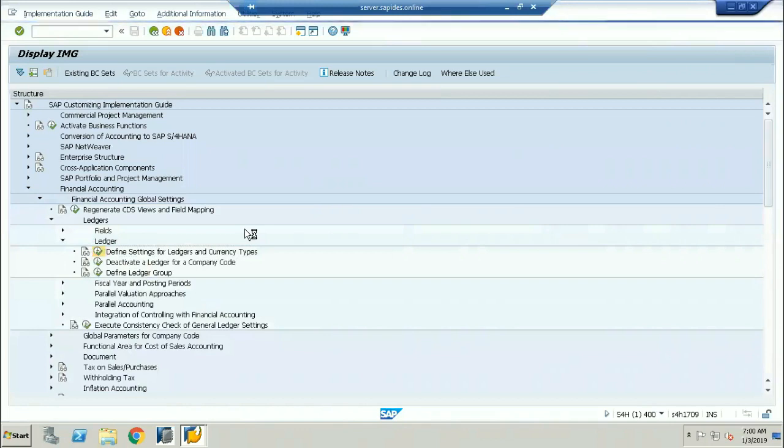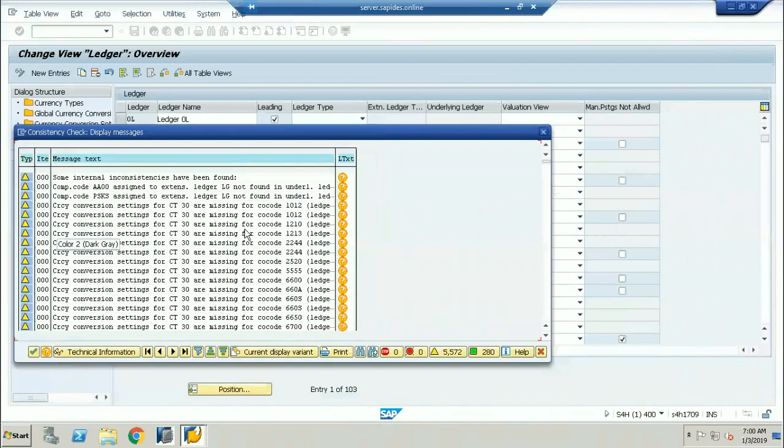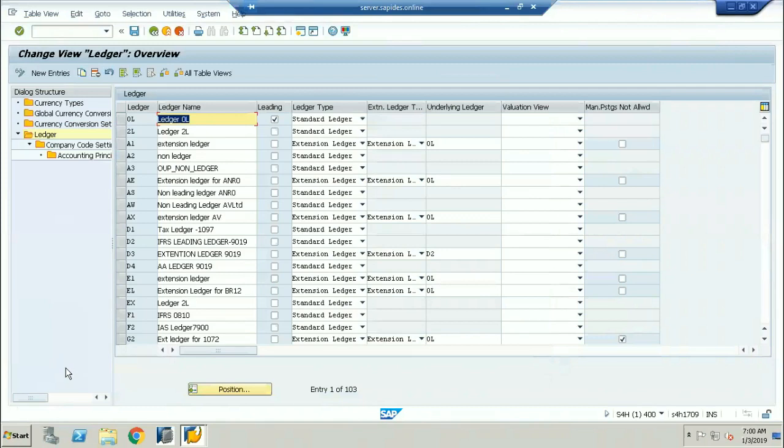Mahesh, question. Yes, sir. So the reporting period will always be for another company code? If you are using a non-leading ledger, we'll use it for another reporting system, like IFRS or IAS. The company code will be the same. What will happen to the Indian company, how will they report this? They will report in their own local currencies, sir. The same leading ledger you assign to all the company codes independently; the company code is a legal entity.